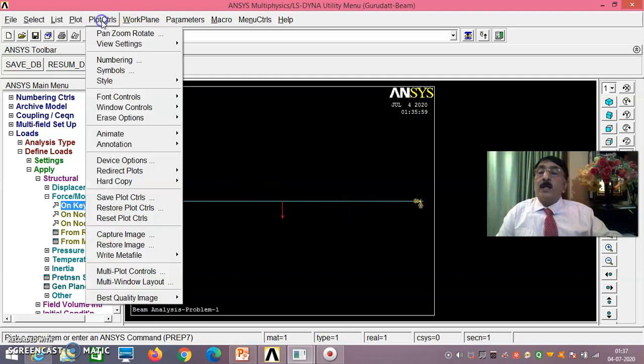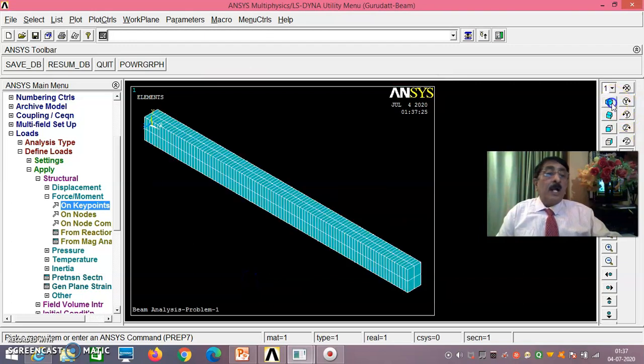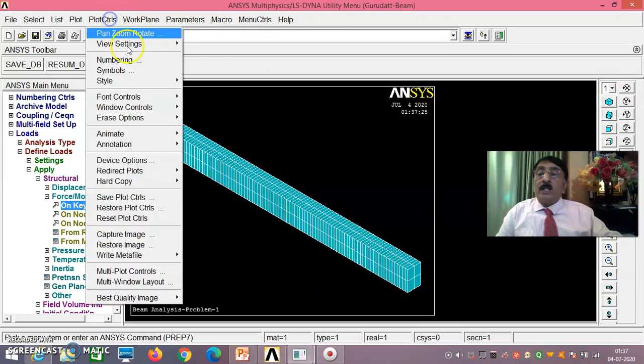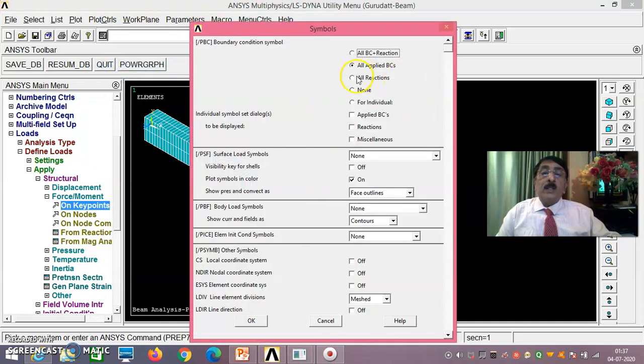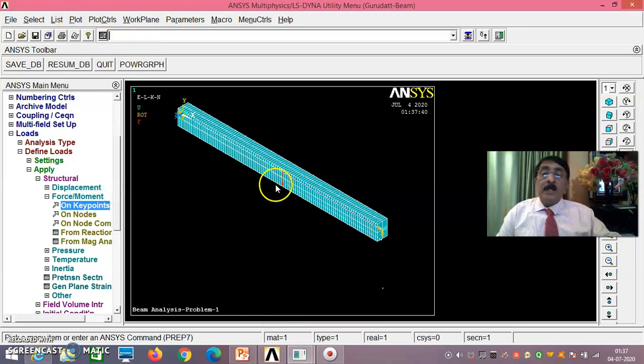If you go for style, three-dimensional also, size and shape, displacement element on. Okay, and then plot controls, symbols, you say all reactions, all applied boundary conditions. Okay, say okay. Plot, multi-plot. If you see, perfectly it has done. Can you see this? Okay, the loading is now proper because of this 20,000 newtons applied in the